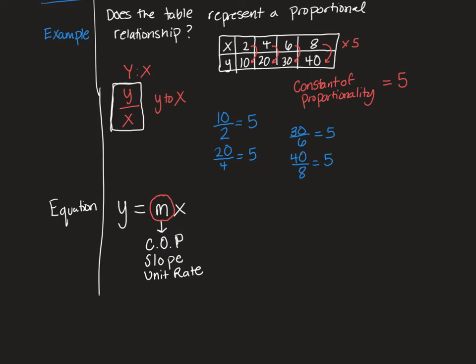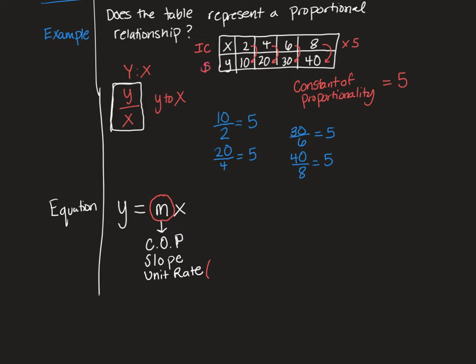And if you remember, unit rate is like the price. Like if we were talking about, let's see, like for 2 ice creams, I spent $10. For 4 ice creams, I spent $20. For 6 ice creams, I spent $30. And for 8 ice creams, I spent $40. So if we were talking about ice cream,